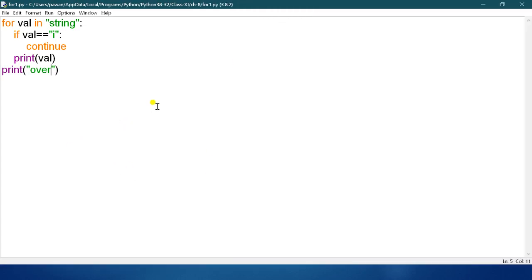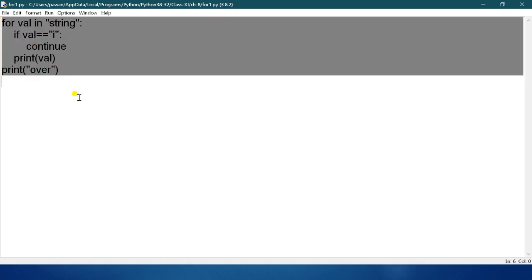For example, this s variable holds a string, in this Python is written: p, y, t, h, o, n. This is the string.